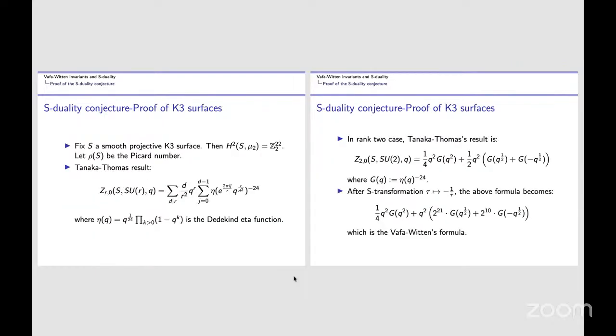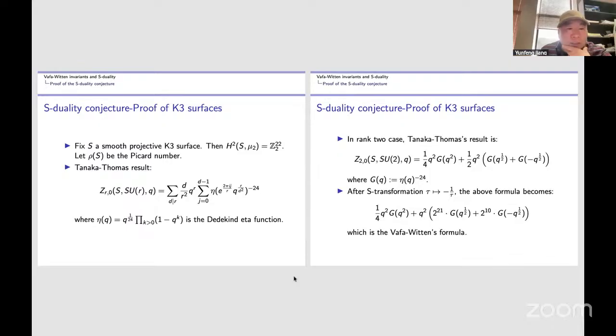Thank you. I think the interesting case is the K3 surface, so let's talk about that. In the K3 case, the next case in Vafa-Witten's paper, they predict this. So for the K3 case, you will see how interesting this is. Let S be a K3. We know that H2(S, μ_2) is, let's only consider rank 2, all the prime ranks will be okay, Z_2 to the power 22.